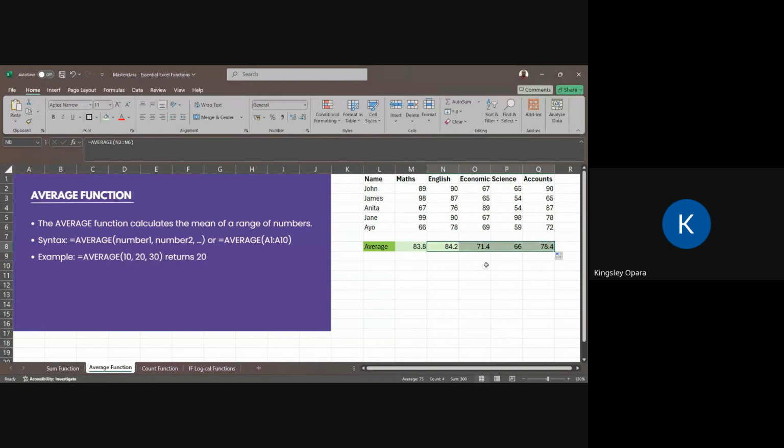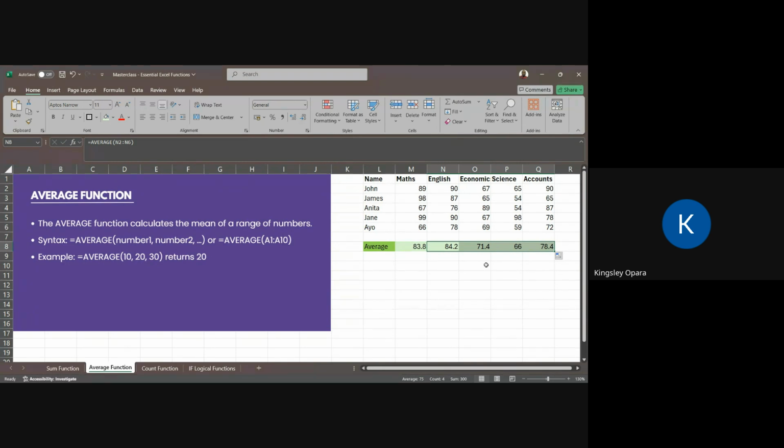Once you've written your command once, you don't need to repeat it again and again. Remember what we talked about, what Excel is used for? Excel is used for automation. One of the functions of Excel we mentioned at the beginning of this master class was that Excel is used for what? Automation. So you can get the function once, drag it on, and it will give you the rest.